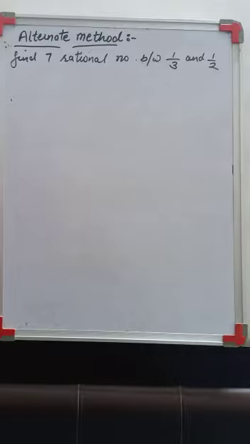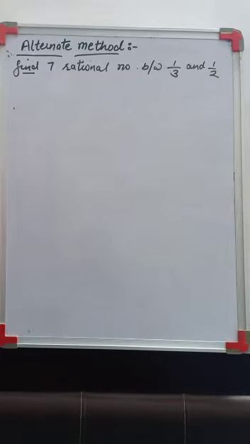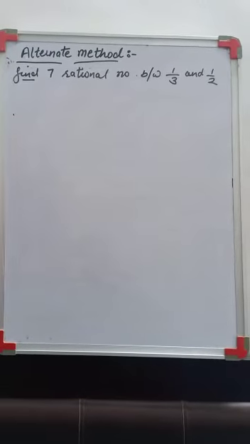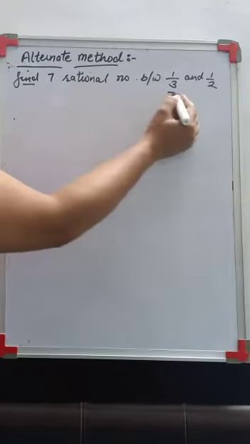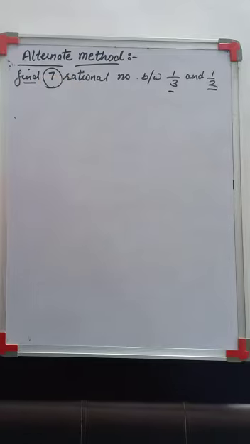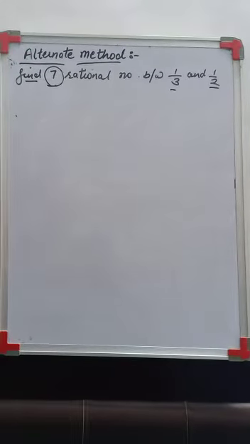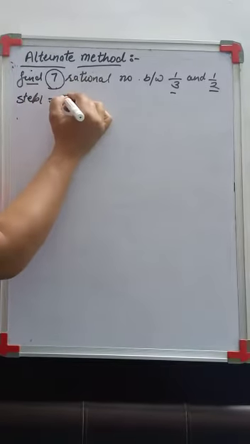So here is an example with that method. The question is: find 7 rational numbers between 1 by 3 and 1 by 2, right? Over here 1 by 3 and 1 by 2 are our two rational numbers, and 7 is the number of rational terms that you need to calculate. So our first step was to find